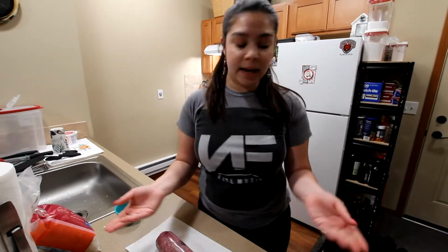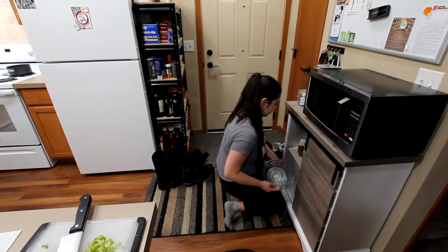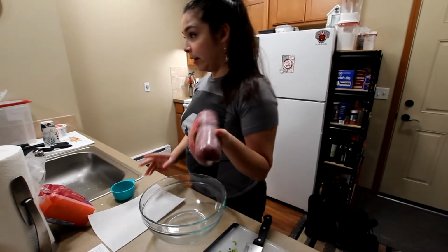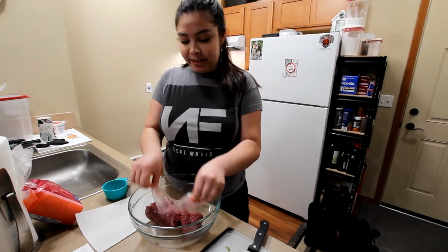And yeah, so now let's just use this one. I get a big bowl and I'm going to add the ground beef. Whoa, I slipped that out of my hand. So this is just a pound of ground beef